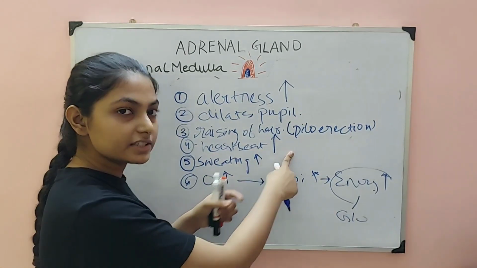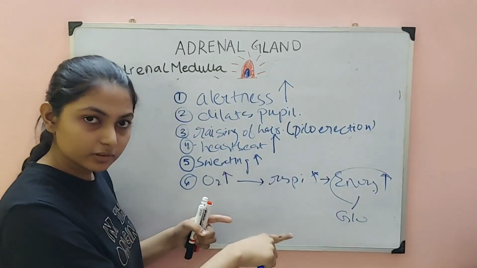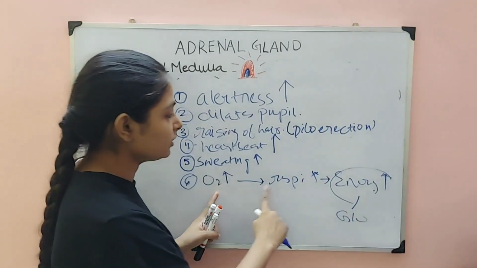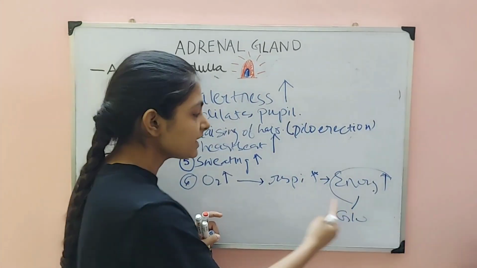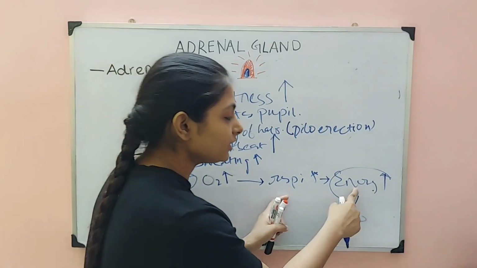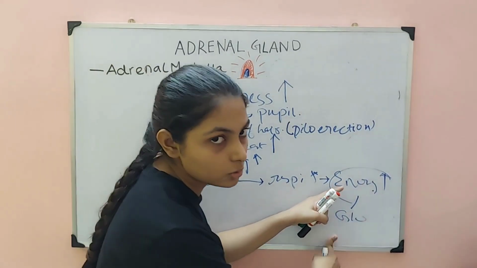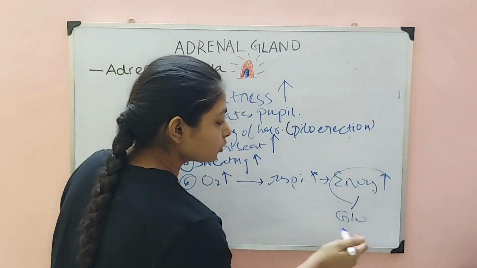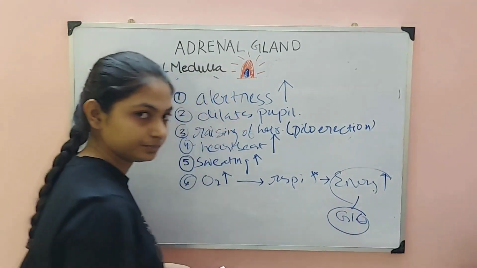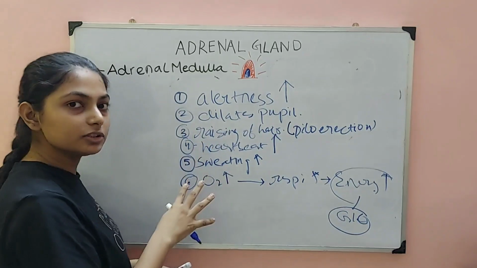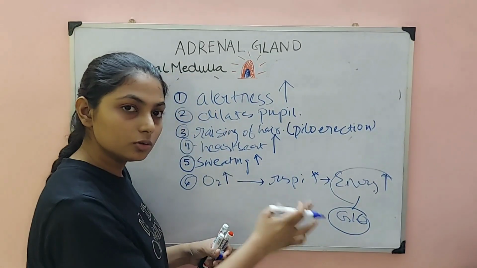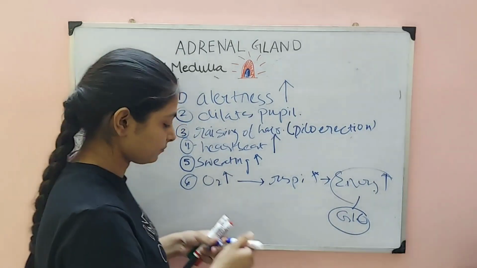So heartbeat increased, blood flow increased, along with blood O2 also increased. If O2 is increased, the product of respiration will increase. And why do we respire? For energy, and our energy source is glucose. The main source is glucose. So glucose in our blood will increase, right? So can we call this hormone diabetogenic hormone? Yes, we can, because the glucose in our blood is increasing.